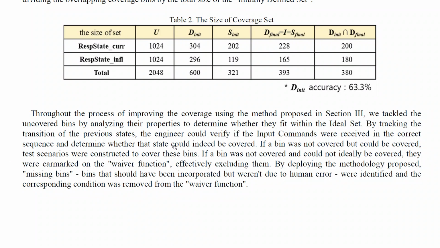could indeed be covered. If a bin was not covered but could be covered, test scenarios were constructed to cover these bins. If a bin was not covered and could not ideally be covered, it was earmarked in the waiver function. So effectively